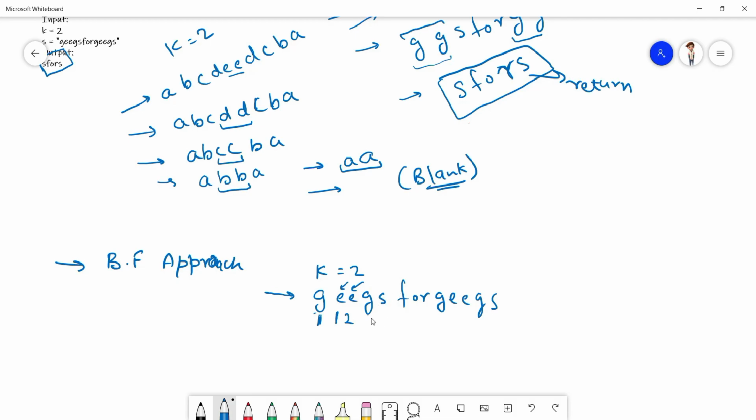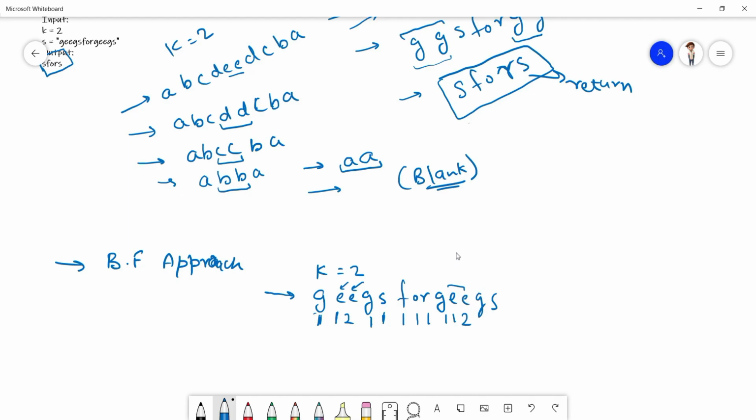Now we go again, and we find that its count is 1, consecutive count, and this one also, this one also, this one is also 1. Now we come over to 2 and we see that its consecutive count has increased because these two elements are the same. So now it becomes 2.